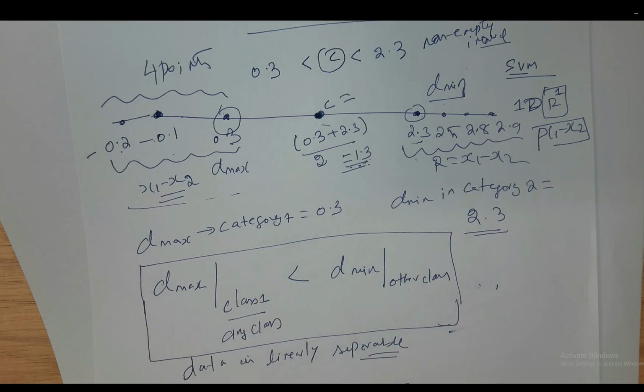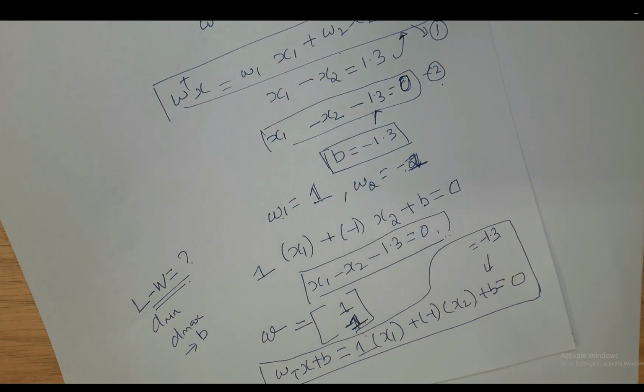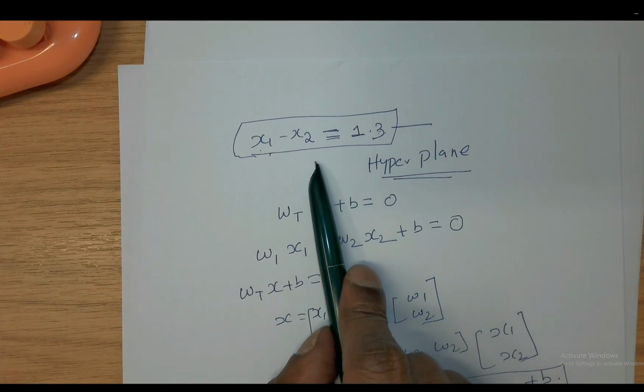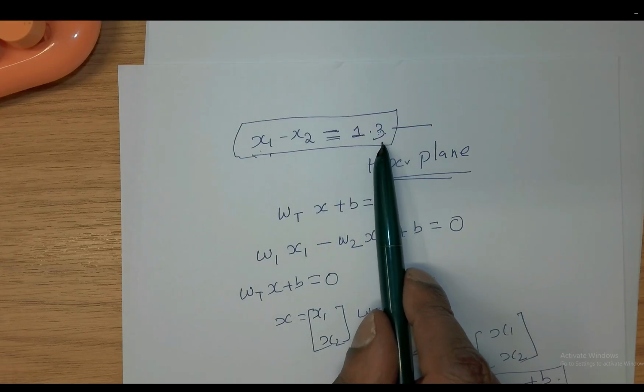This also proves that this data is linearly separable. And from there on, we obtained this equation, isn't it? x1 minus x2 is equal to 1.3,